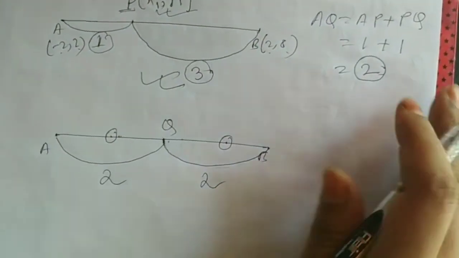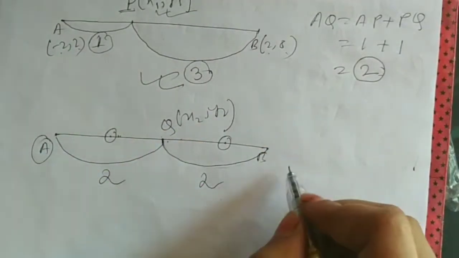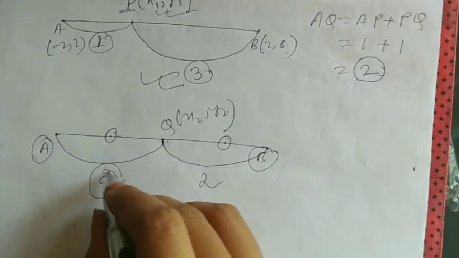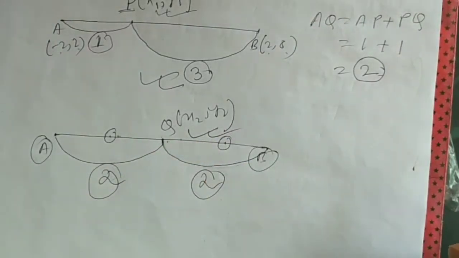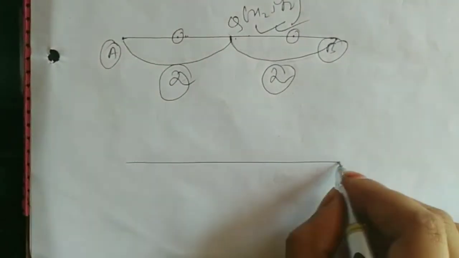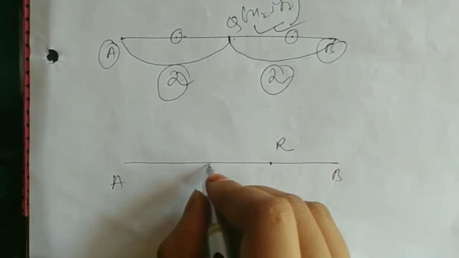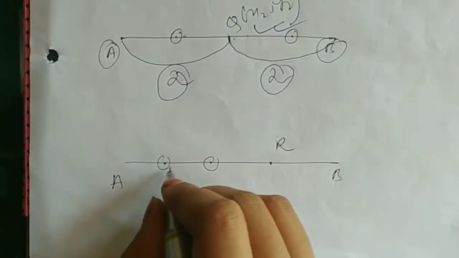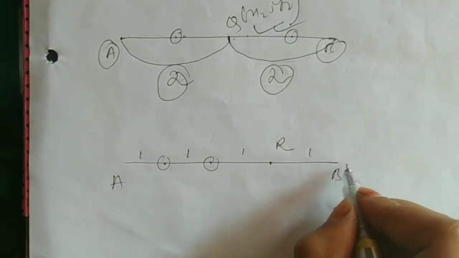So again this one x2, y2. So here A coordinate same, B coordinate same, and this one m1, this one m2. So similarly, find out the ratio of coordinates of Q. Again for the coordinates of R, do it in the same manner. So here is the A point, here is the P point, right? So here all the points are 1, 1, 1, 1, 1.